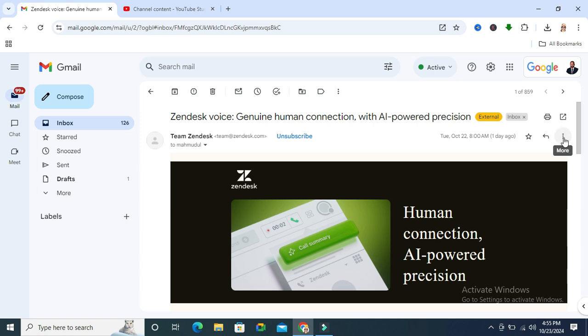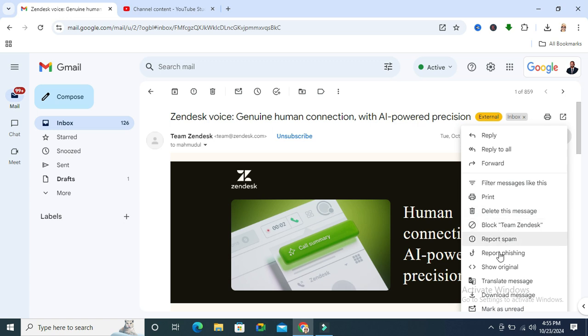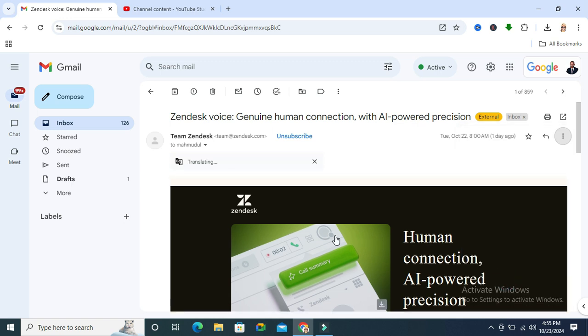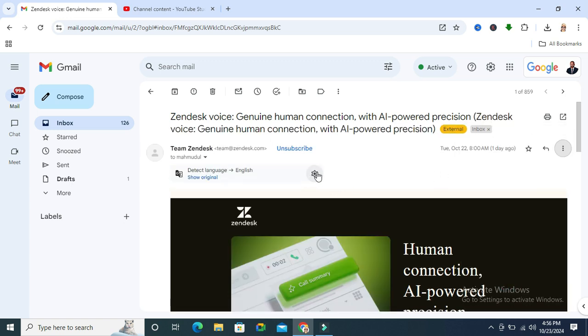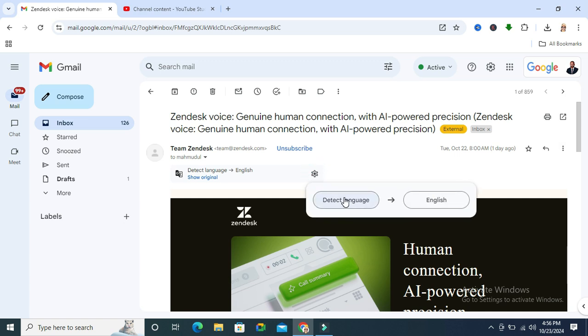Click on the three dot icon to show more, and here you will find an option, translate message. Click on translate message. Here you will find a gear icon. Click on the gear icon. Now select the current language as detect language. Click on detect language, and